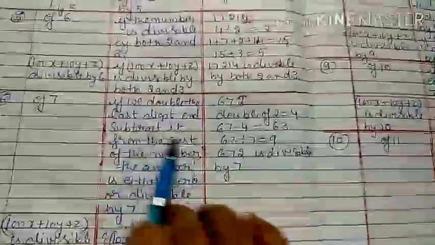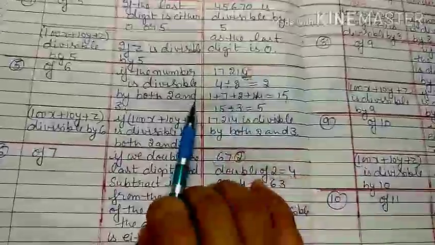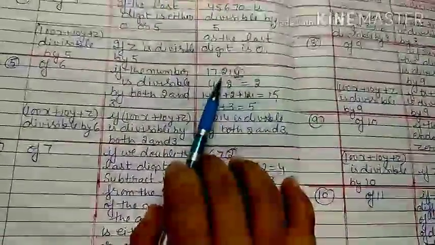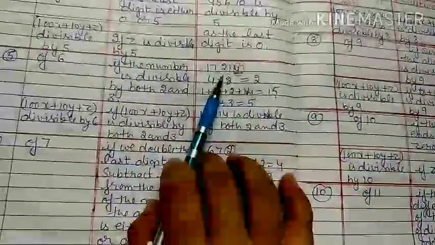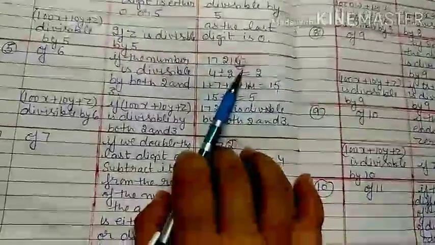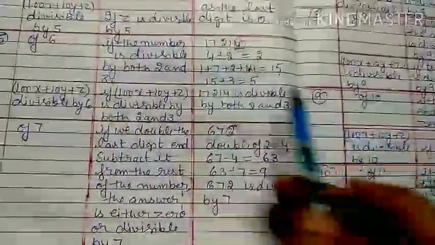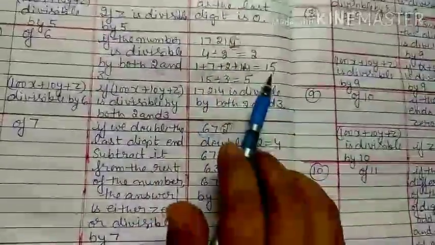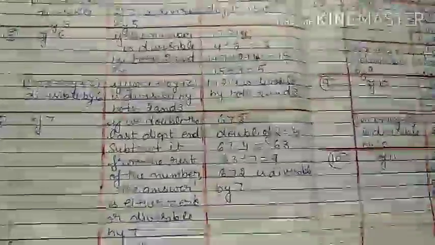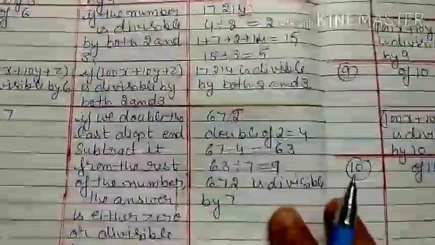Now what is the divisibility test of 7? Like here I have a number 17,204. I will check this number with both the divisibility tests of 2 and 3. For the divisibility test of 2, we check only the unit place digit. If that is divisible by 2, that means the number is divisible by 2. Now for the divisibility test of 3, we add all the digits, which gives me 15. 15 is divisible by 3. It means that if the number passes the tests of divisibility of 2 and 3, we can say that it is divisible by 6.